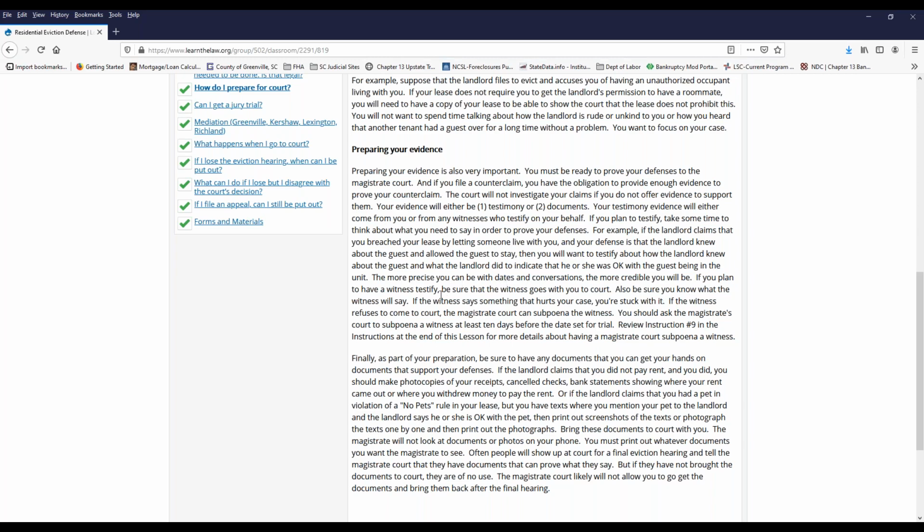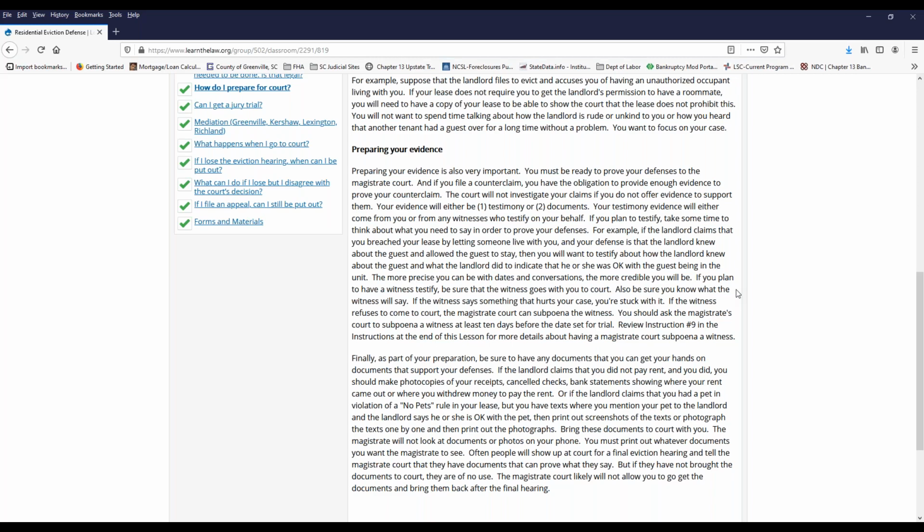Also, if you plan to have a witness testify, be sure you talk to the witness about what the witness actually does or does not know. I mean, you may think that somebody knows what happened because they were there when a particular incident happened. But if you haven't talked to the witness and asked, what do you recall about this? Who was the person that used that